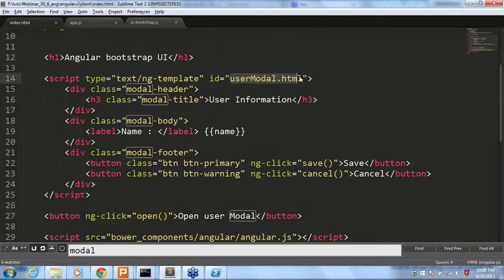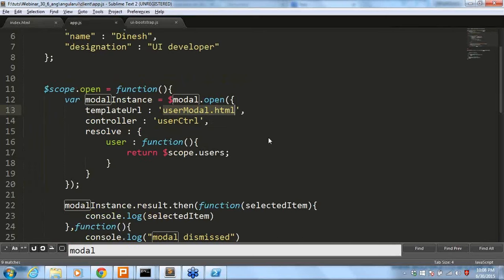So this is the template we have. You can have it as a template or a separate file also; you should be able to serve it. But instead of creating a separate file, I created an ng template, and I am serving this template to the file. So I am getting the template and passing it as a template URL right here.